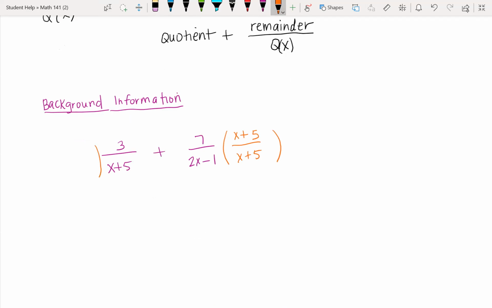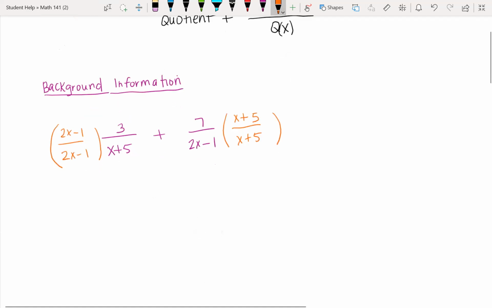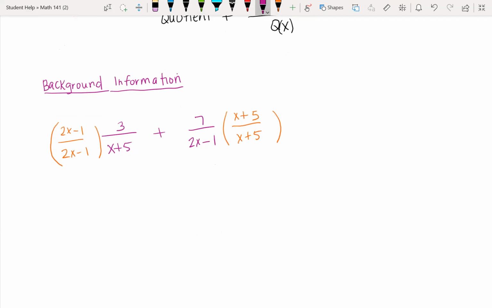And I'd multiply the one on the left by 2x minus 1 over 2x minus 1. And then we would get 6x minus 3 plus 7x plus 35 over 2x minus 1, x plus 5,